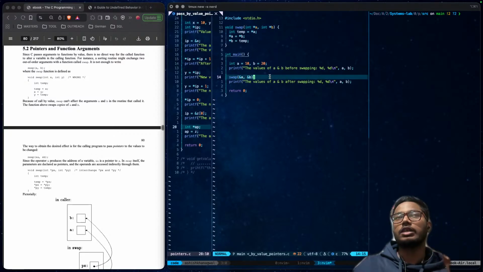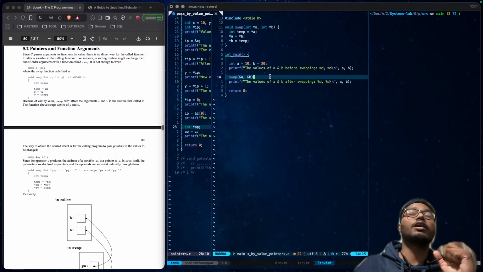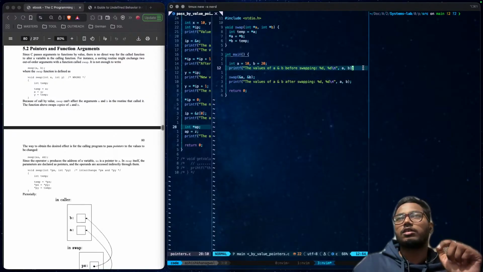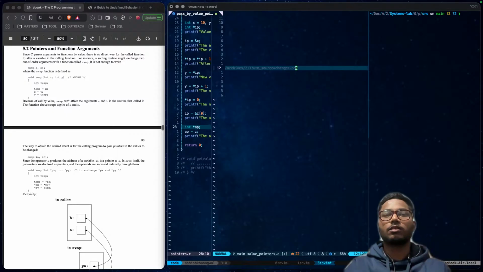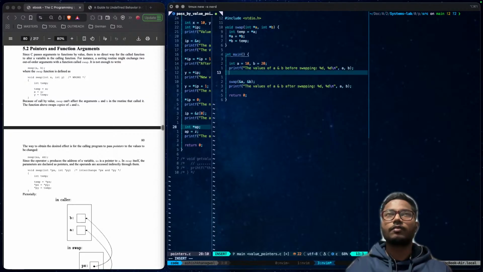And what are these &a and &b actually? These are the addresses of these variables, right? These are the addresses of these variables. Let me show you the addresses of a and b.